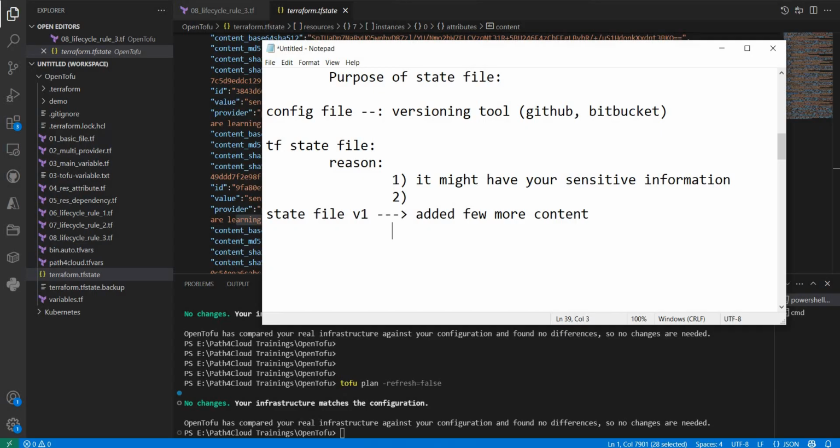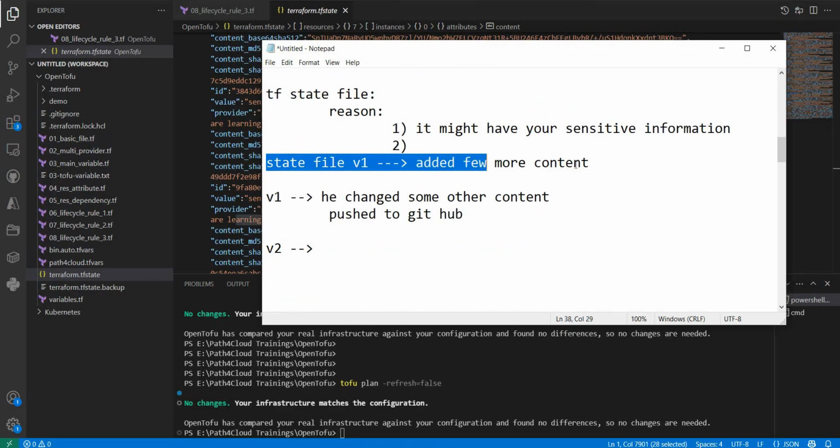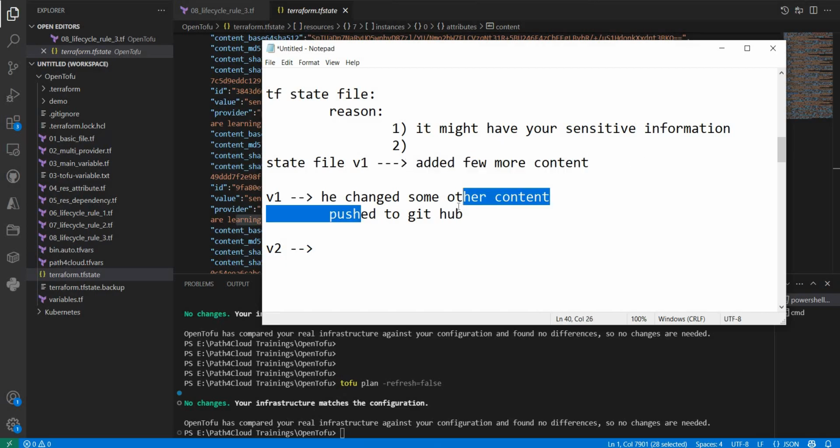So what will happen is, by that time another developer will also have this v1 file, and he changed some other content and already pushed it to GitHub. Now on GitHub, we have version 2 of your state file. But being developer one, you still have the v1 file, and now you have finalized your content. And if you try to push it to GitHub, it will say